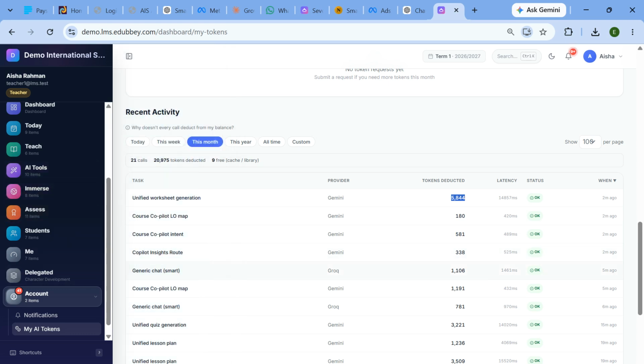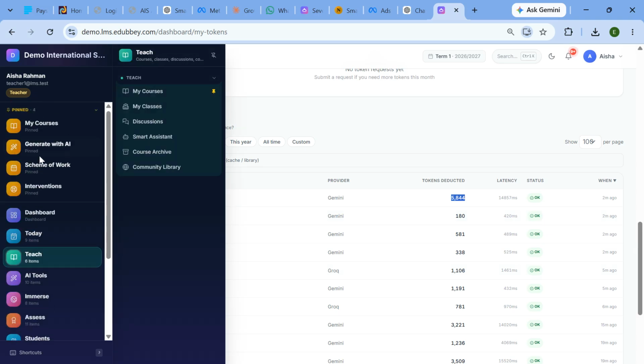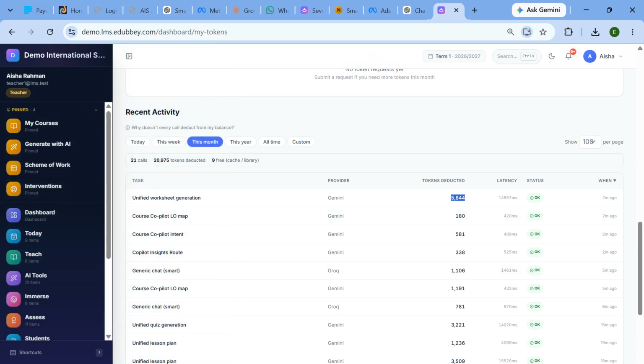So that's how to generate assignments and worksheets. Now, what other things can we do here? What about if you want to upload